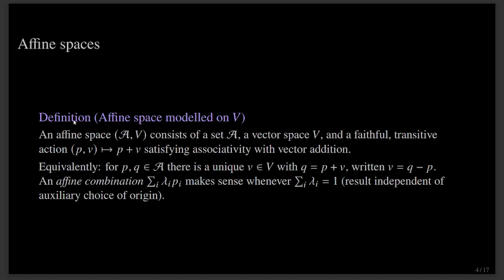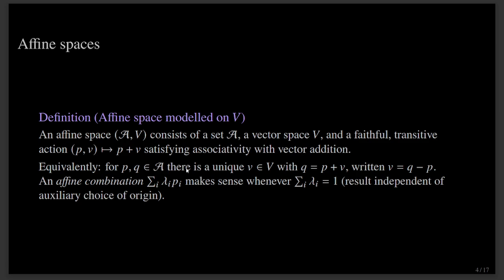So an affine space consists of a set A and a vector space B. That's it. And we're just going to try to have a faithful transitive action acting on some P and V elements of these two to just be P plus V and satisfy associativity. Now, such that for any P and Q in A, there should exist a unique vector Q minus P. And this is what we call